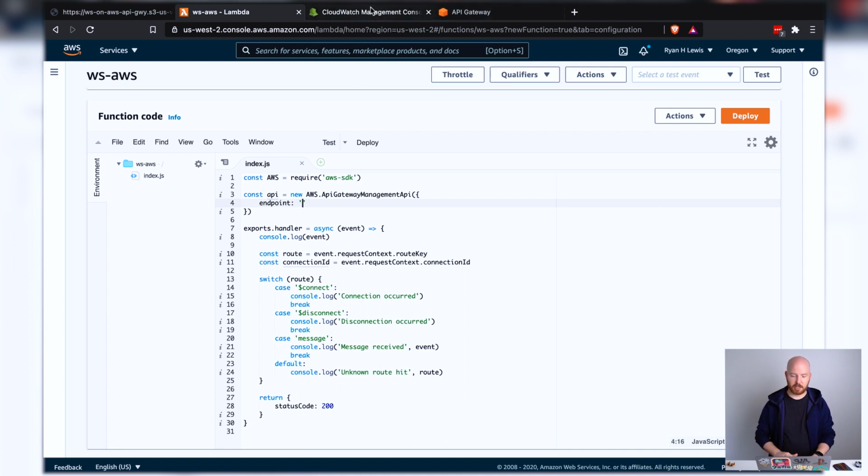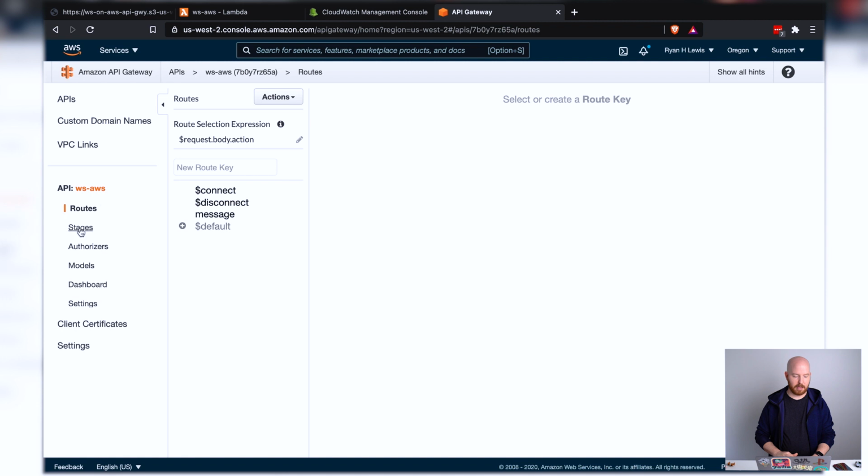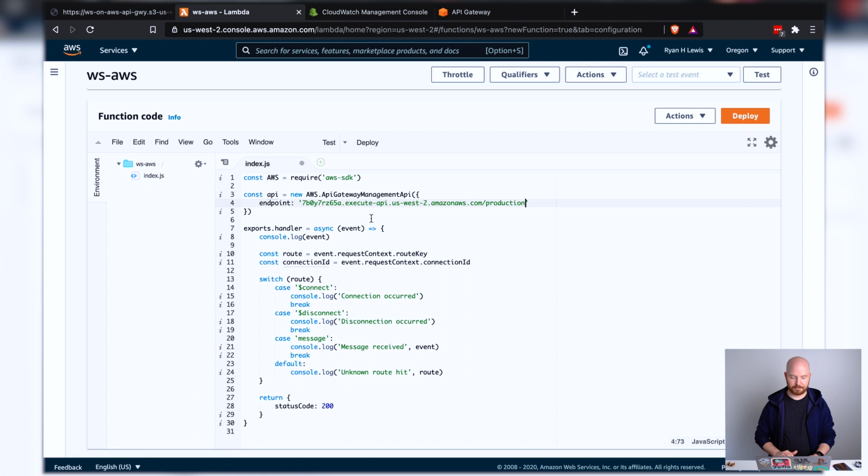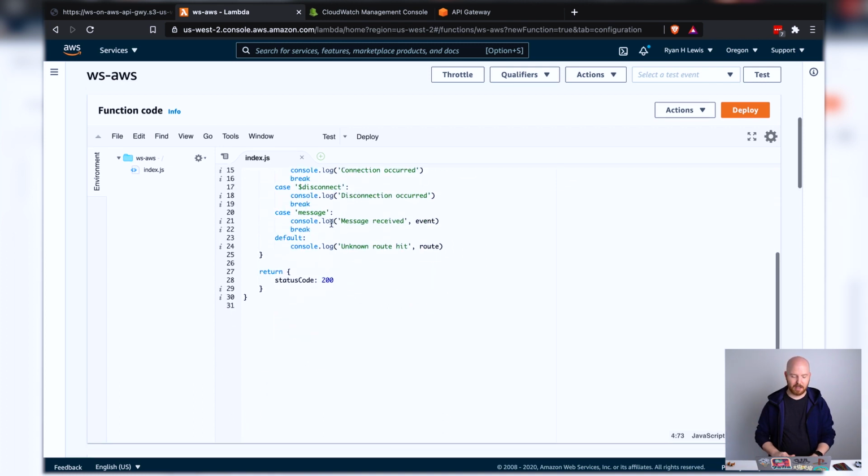And so essentially, if you go back to your API gateway, we can navigate back to these stages. It just wants this. It doesn't need the protocol. It does need the stage. So let's paste that in there. It's got the URL and the stage. That's the entire endpoint. With this, your code will be able to connect to that API and do things to it. So let's do that then.